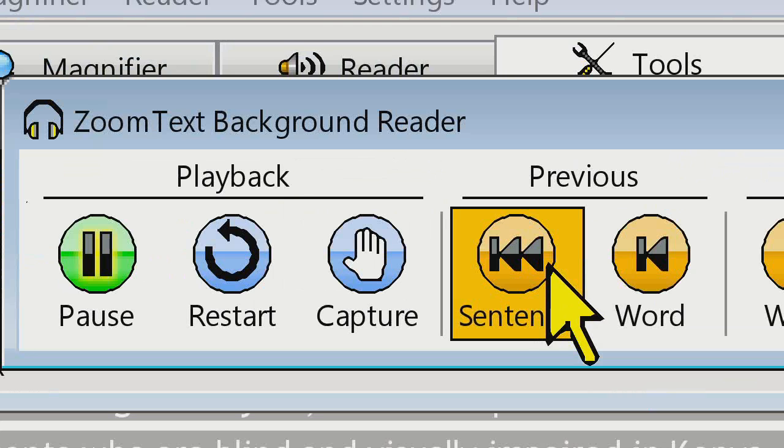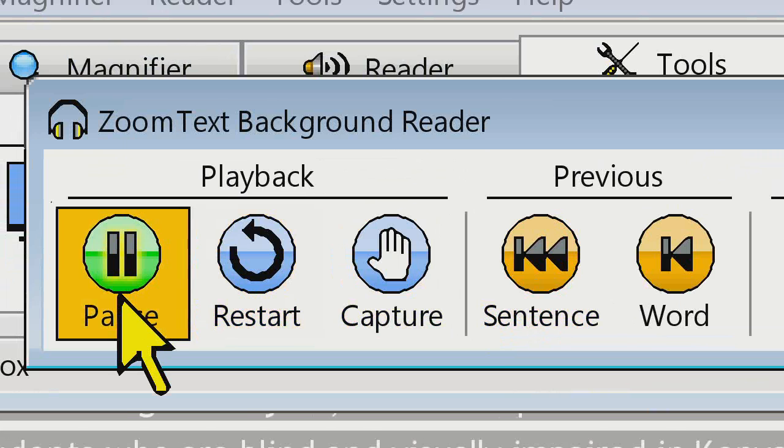We here at AI Squared continue to invest in the assistive technology community by donating ZoomText Magnification Reader to enable